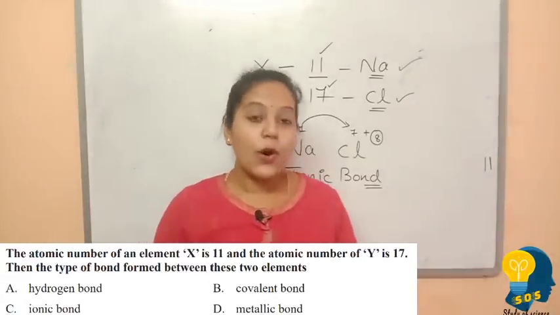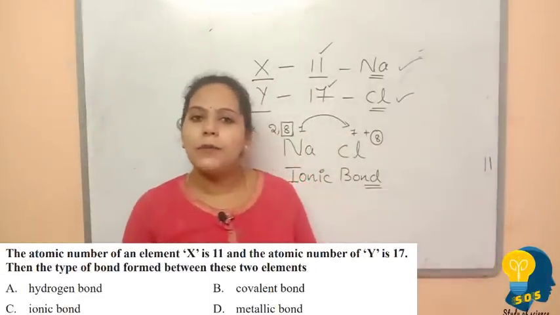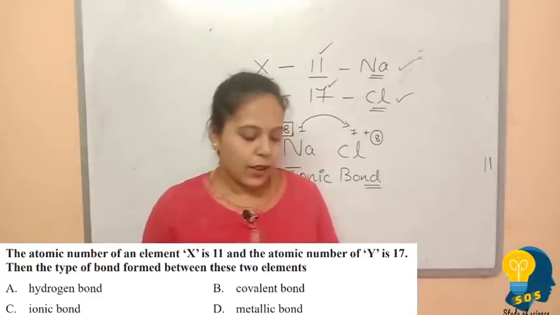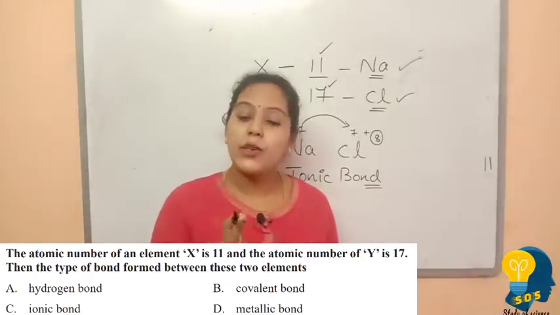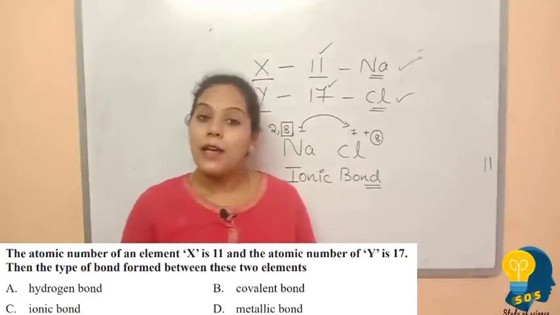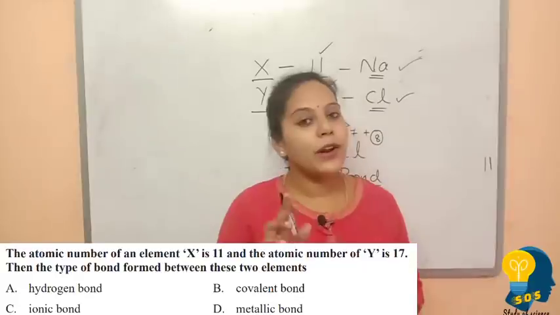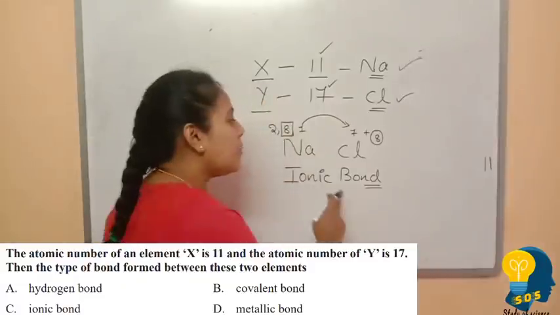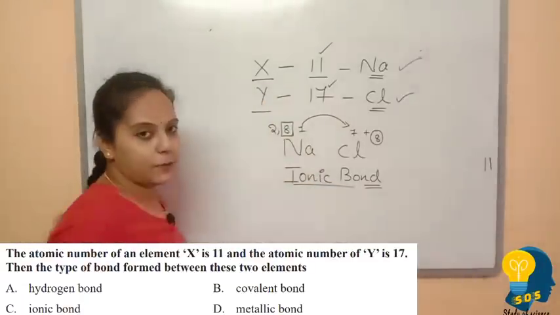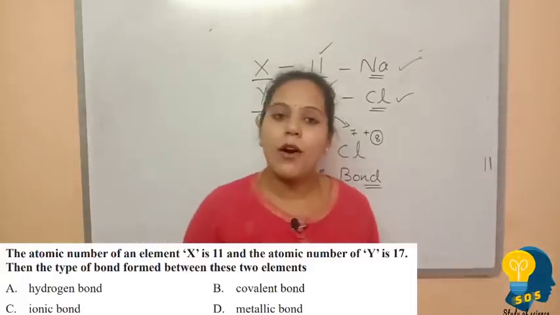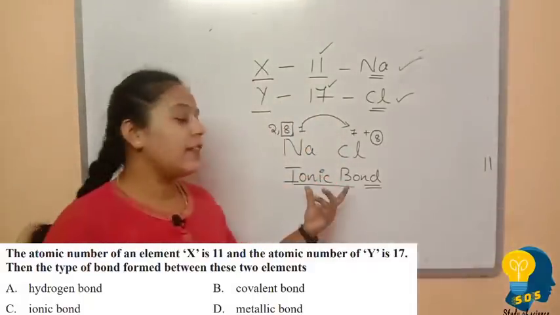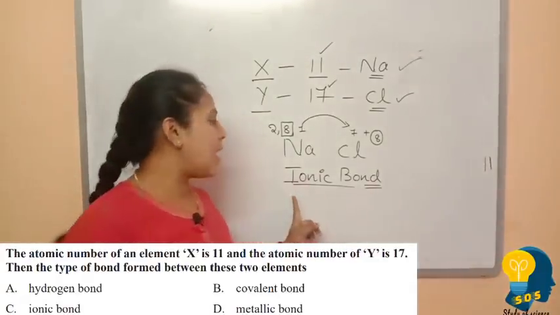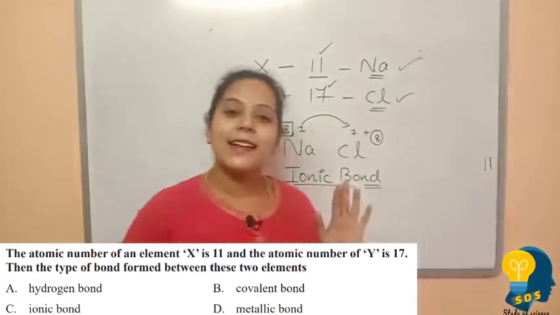So here the options which they have given are hydrogen bond, covalent bond, ionic bond and metallic bond. So why not the hydrogen bond? Hydrogen bond is not formed between metal and non-metal. Have you heard? No. And option B, covalent bond. Yes, you all know when the covalent bond is formed, when there is a sharing of electrons takes place, only that time covalent bond is formed. And option C is ionic bond. Ionic bond is formed when transfer of electrons takes place. And option D, metallic bond. Metallic bond will not form when there is transfer of electrons takes place. So the correct answer is option C, that is ionic bond. Ionic bond is the correct answer.